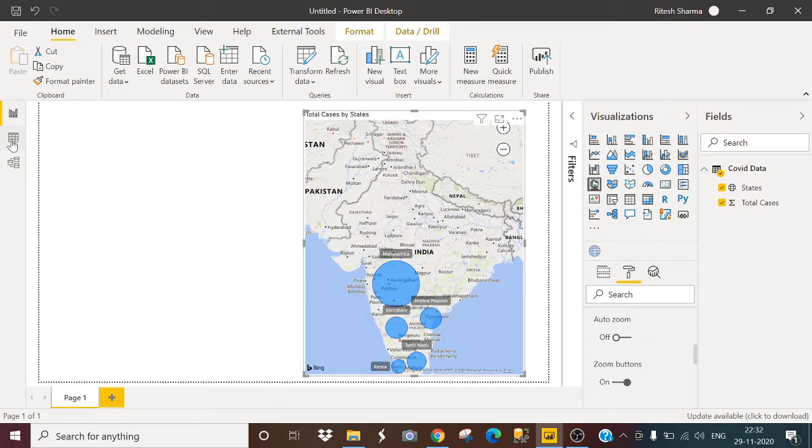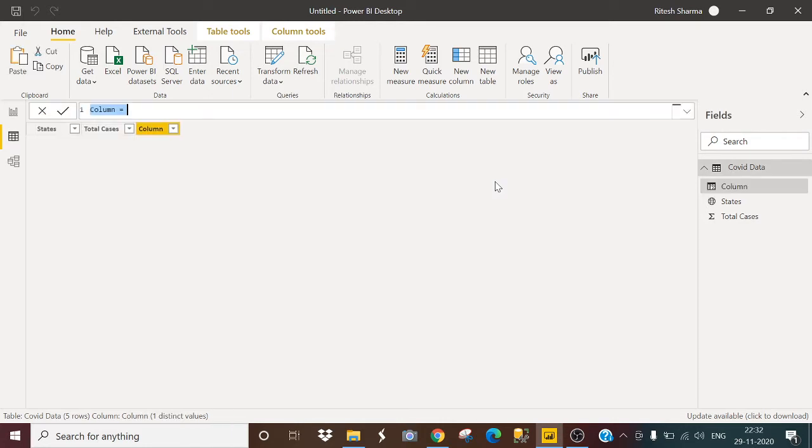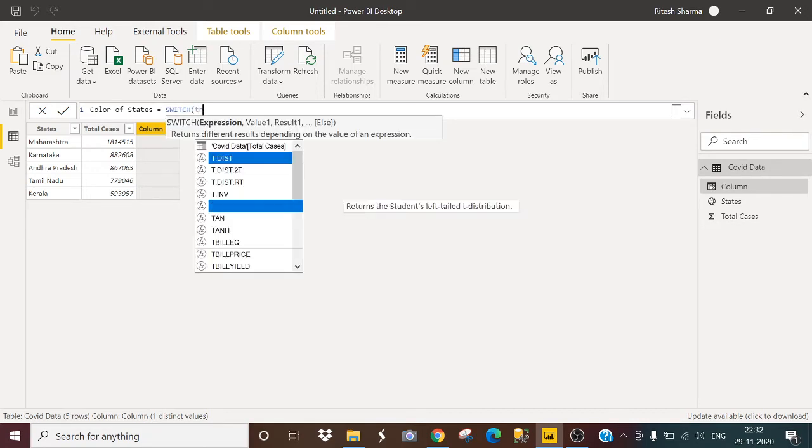So what I will do is go to the data tab and create a new column. I will name this Color of States. I will use the SWITCH function, SWITCH TRUE.